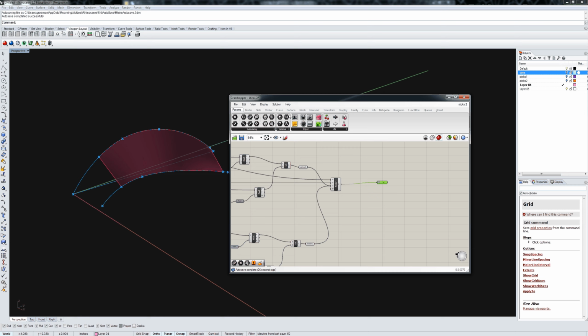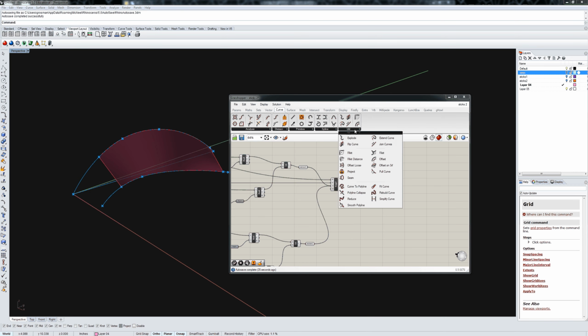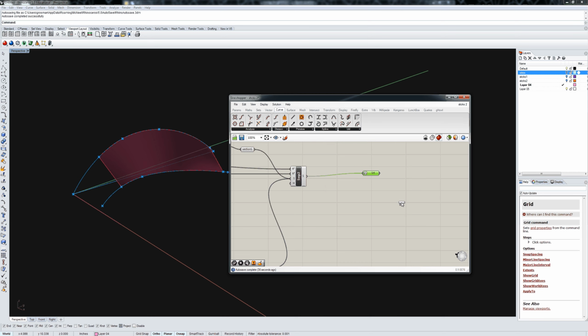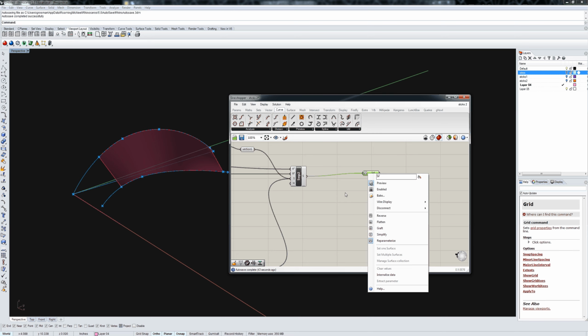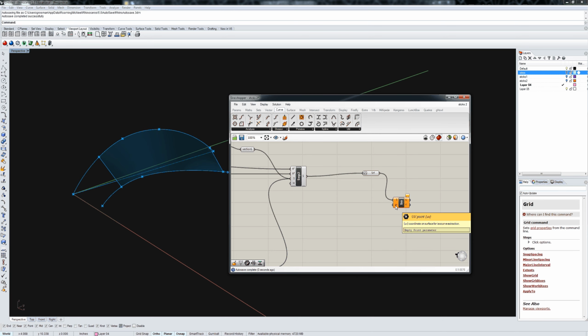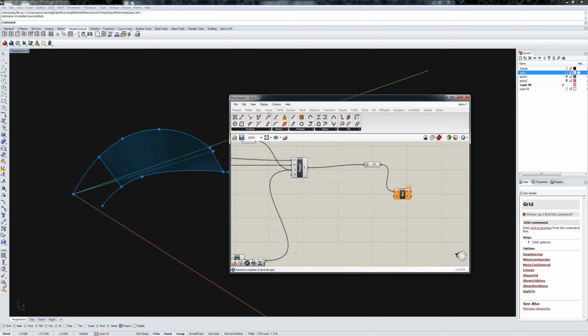is you could take that surface and use the isocurve parameter to get a bunch of lines back out of it. And I think isocurve, here we go. So what isocurve produces, and I just hit reparameterize to reparameterize my surface, is it needs a bunch of UV points. So to create some UV points,